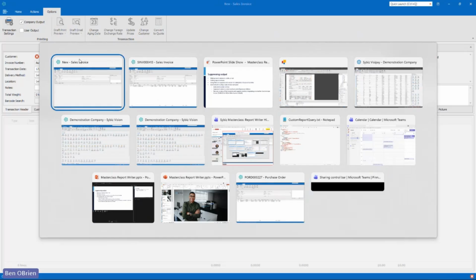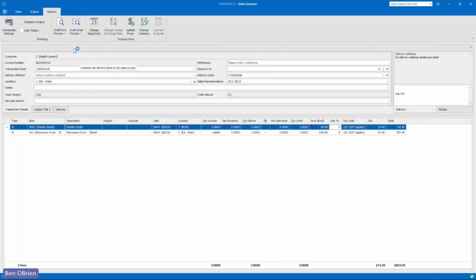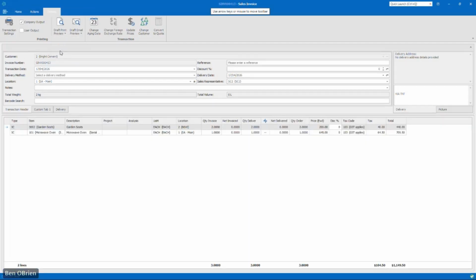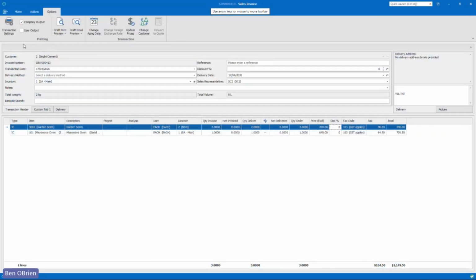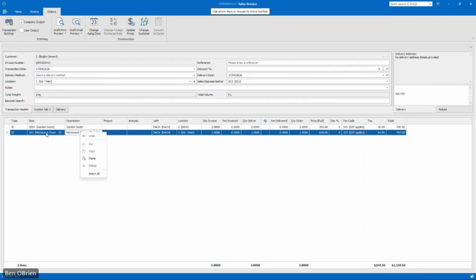And apologies again. Okay, so now if I come back here and just change the price to 200, my value now is over $1,000. And if I do a big sales only print preview, I've got my red text up here, and I've got my serial numbers listed here. I've only got 1 serial number there. If I now delete this line item,